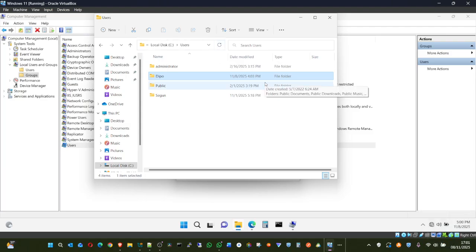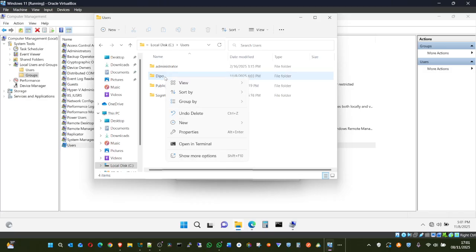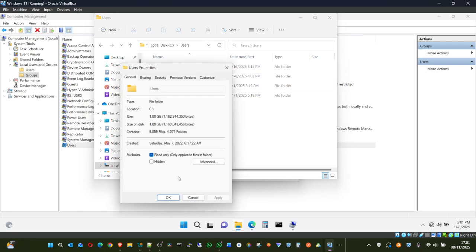Last modified, because once you log in again, a new set of data, so many things changed, log files, meaning that changes took place inside that folder and it's the date modified. So what you see right here is not the creation date, that's date modified, but the date created is here. So take note of that as well.